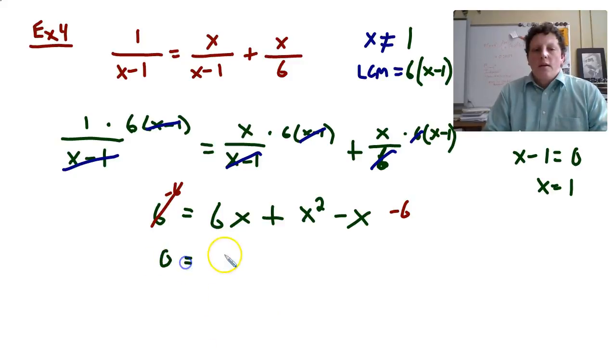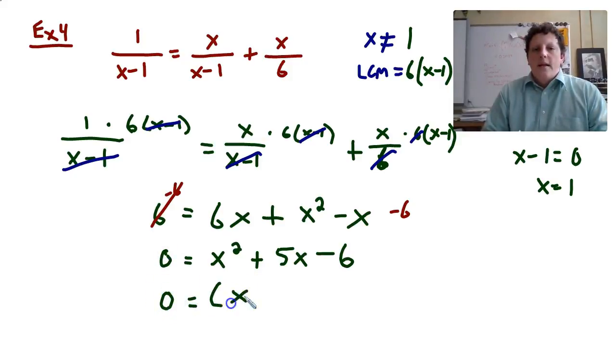Right, so I've got 0 over here, and then I'll put the x squared first, using the commutative property of addition. I've got 6x minus x is positive 5x, and then minus 6. I want to factor this. So I've got x times x is x squared. It looks like it's going to be plus 6 and minus 1 to multiply 6 times negative 1 to get negative 6. But the inside and outside products add to give you 5x, which gives us potential solutions of negative